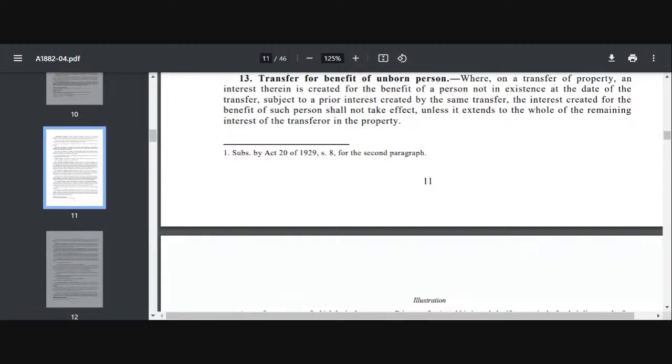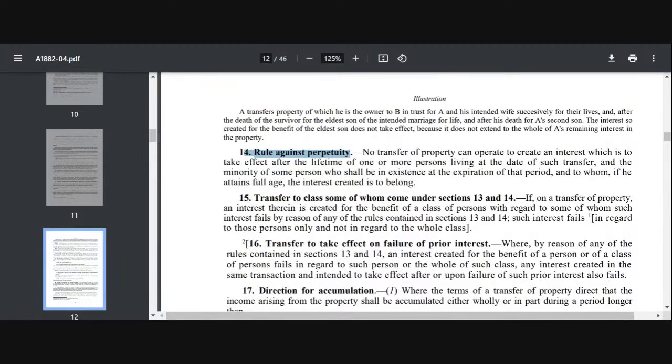Now coming to section 14, it is talking about rule against perpetuity. Here it is actually talking about rule against remoteness of vesting, है ना. इसको rule against remoteness of vesting भी बोलते हैं. तो मैंने prior life interest create करा, very good, है ना, before transferring it to an unborn person, my absolute interest. But this perpetuity says that there should be a maximum remoteness of vesting.